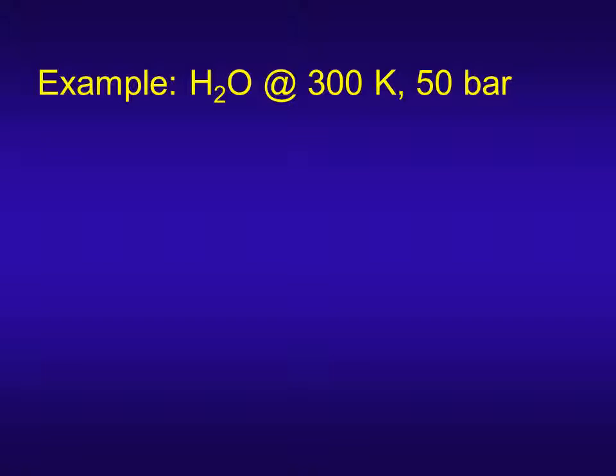Okay, now let's look at water at 600 K and 50 bar. Now that's twice the temperature that we were looking at for nitrogen, so we'd expect it to be even closer to being an ideal gas. Remember, ideal gases occur at high temperatures and low pressures, so we'll look at even double the temperature of that we had